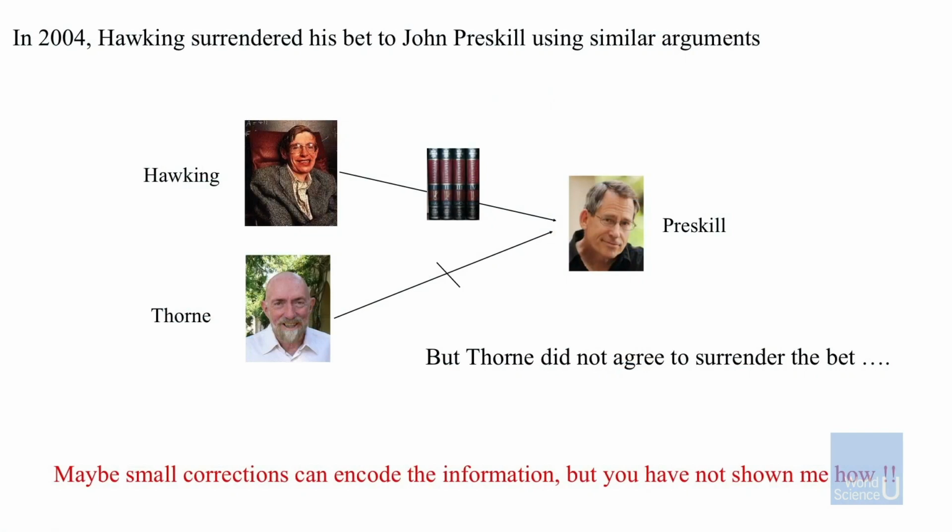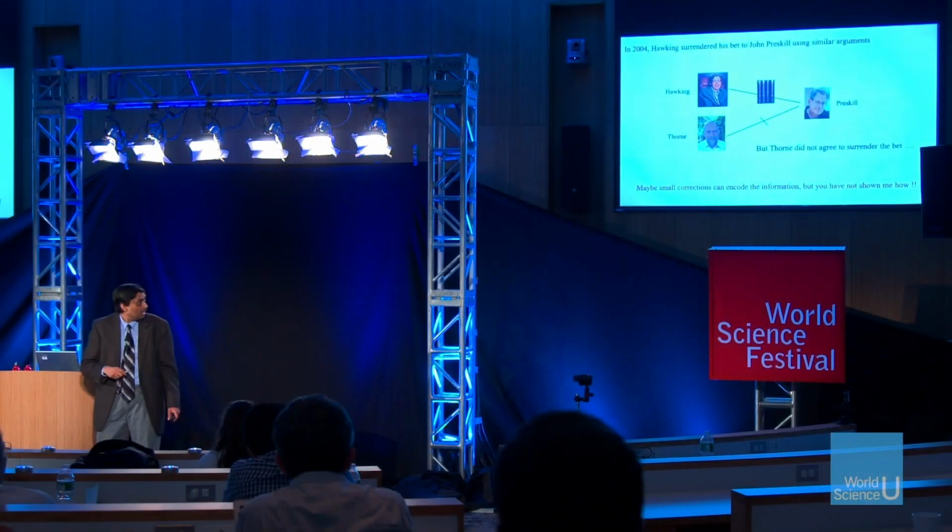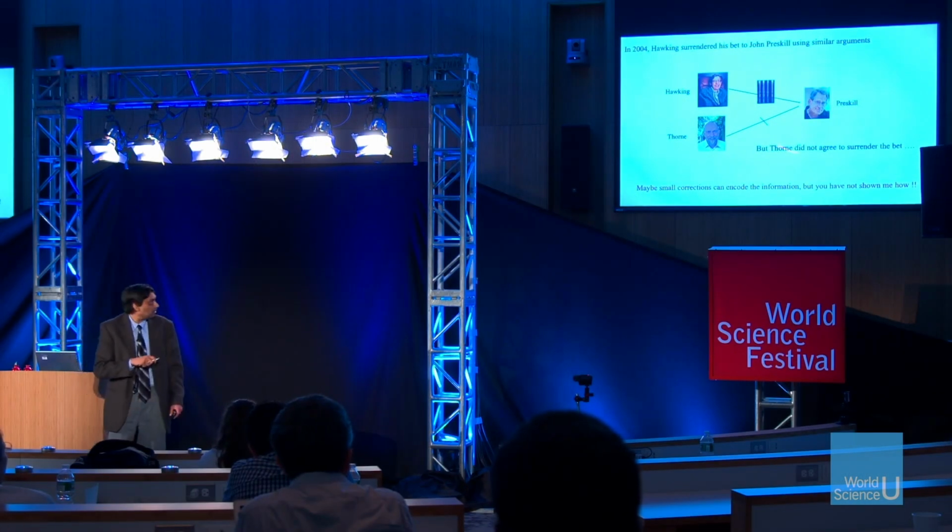And in fact, as it turned out, in 2004, you might have heard in the press that Hawking surrendered his bet, which he had taken with John Preskill. Preskill had been saying information is not lost, though I don't know how it's not lost. And Hawking and Kip Thorne, another relativist, had said, no, information is lost in black holes. And Hawking said, I think maybe these small corrections do finally, maybe they do the job, so maybe it's okay. And so he paid off the bet, which was a bunch of sports encyclopedias, and he actually sent them over to Preskill. And Kip Thorne actually refused to pay.